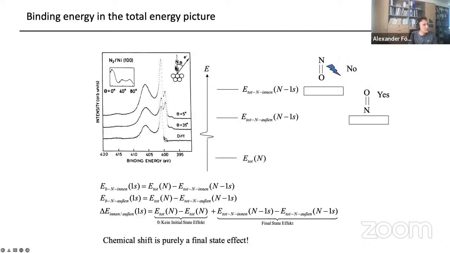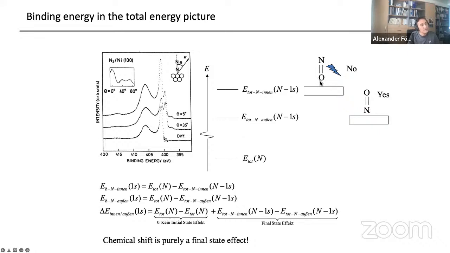Let's now illustrate this logic on our N2 problem on a metal surface. If we have the total energy of the ground state, that's the lowest energy. Then we core ionize. Let's core ionize the outer nitrogen. The core ionized outer nitrogen is as if a NO molecule was standing there, because in the equivalent core approximation, we look at the core ionized outer nitrogen as if it was oxygen to great approximation. If we core ionize the inner atom,